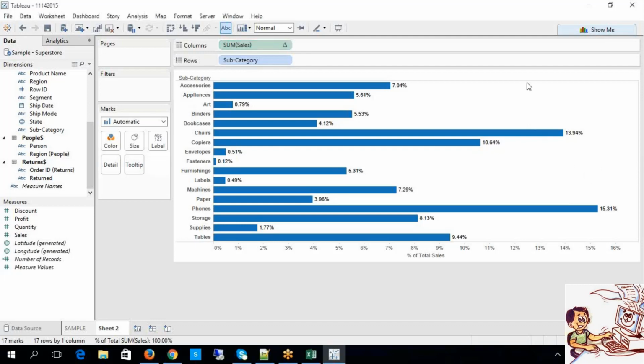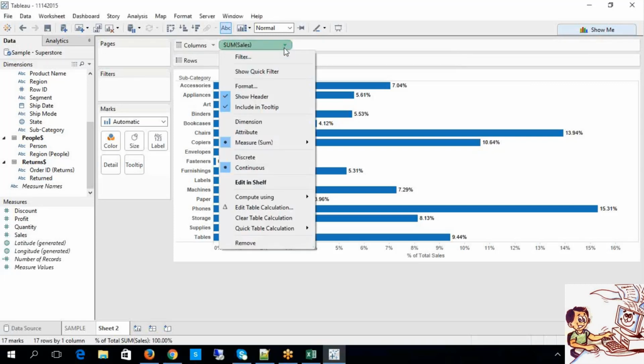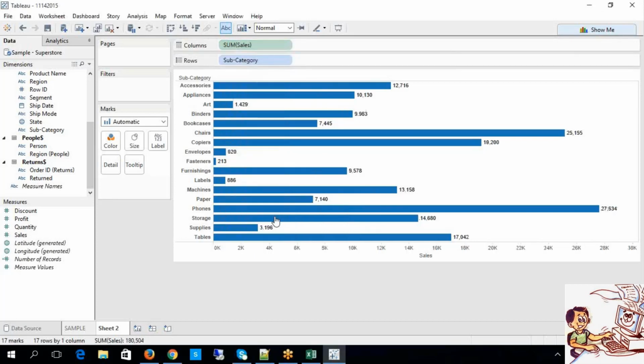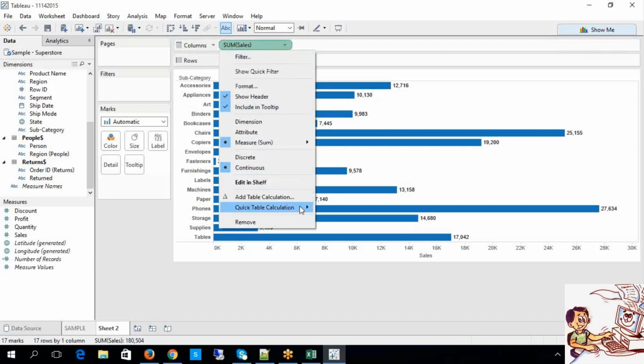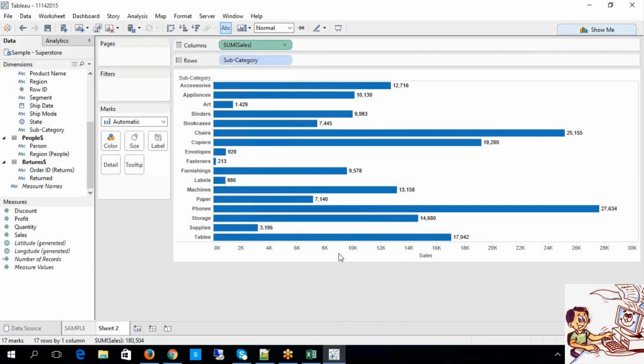Now look at this, guys. What I am going to discuss is the ranking functionality. What is that? Rank. You have a dimension and a measure, a simple dimension and simple measure. What am I trying to do? Ranking.